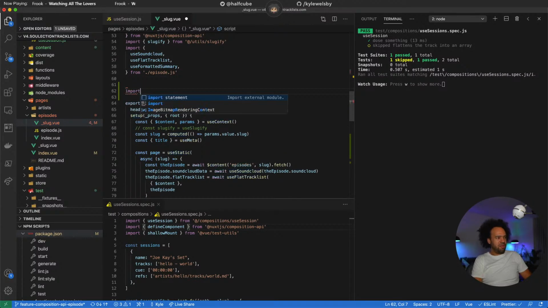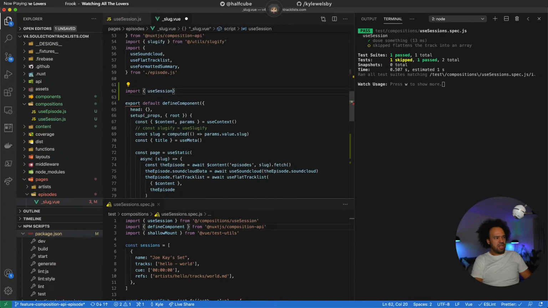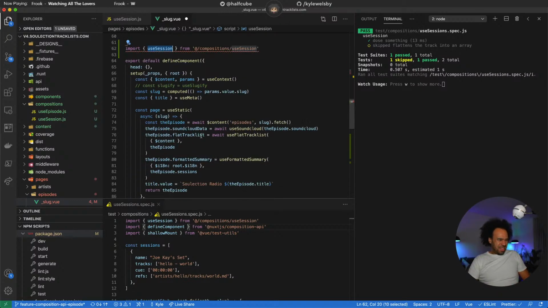So import useSession, singular, and it's going to be from composables, useSession. Grab that,